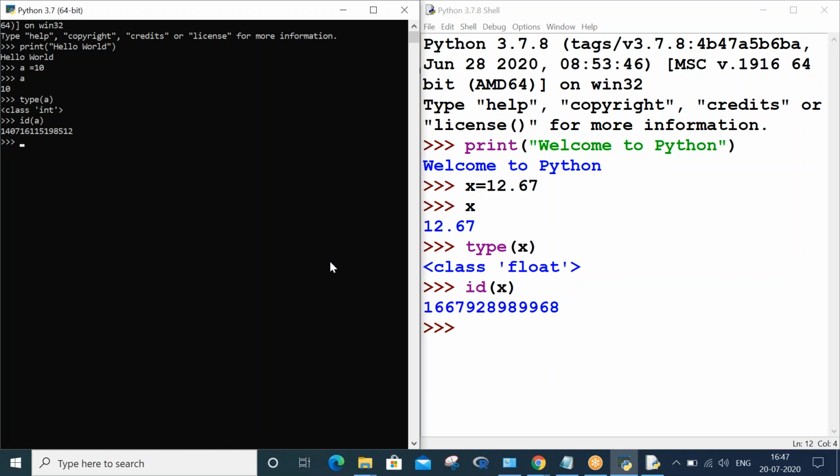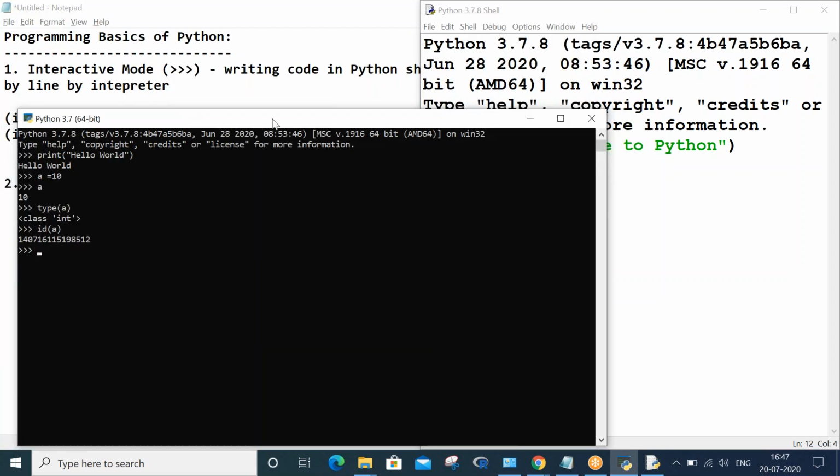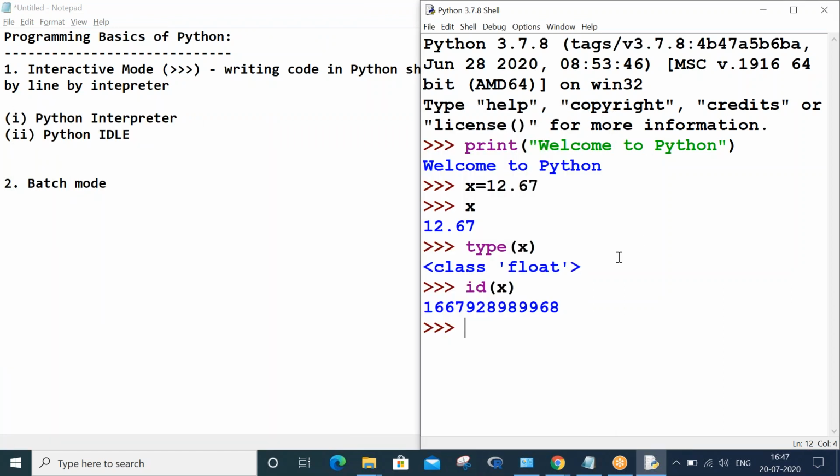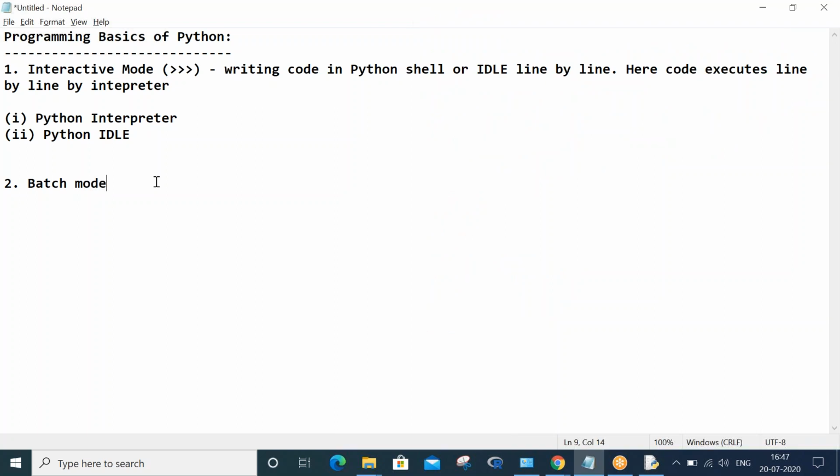But our actual programming we don't do in interactive mode, we do in batch mode. So let me show how batch mode coding is done. Let me close the Python interpreter here, but IDLE I am not closing. Batch mode of coding is nothing but writing code in a file and saving it with a .py extension.